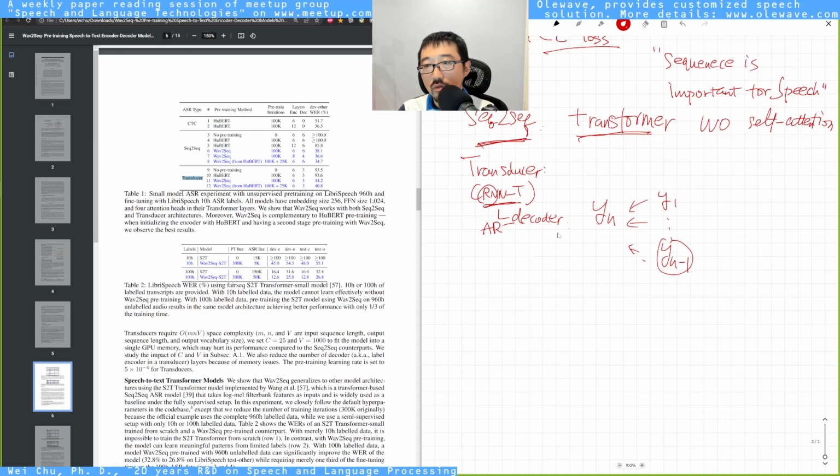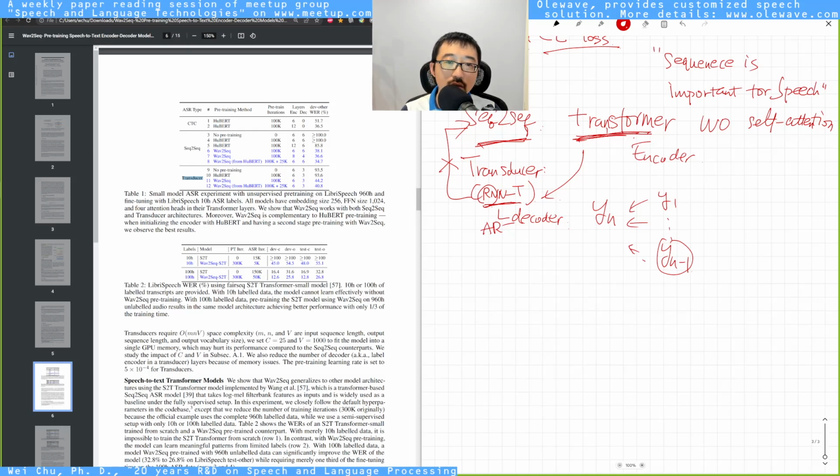Especially you see the transformer encoder. A transformer encoder spans over the whole utterance, okay? But the RNT does not. I think this is the reason why RNT is behind the performance of transformer. But I think it's not comparable to sequence-to-sequence. They are different in many ways. So